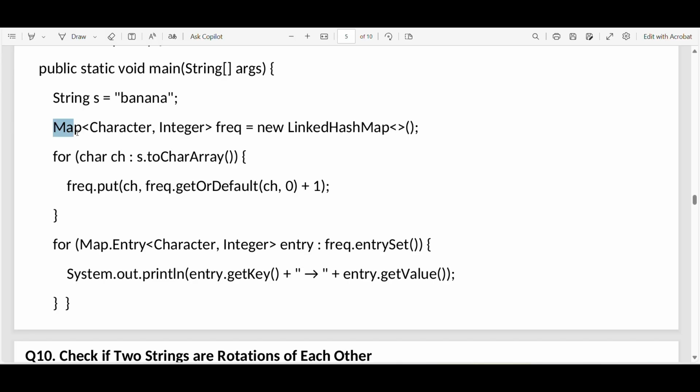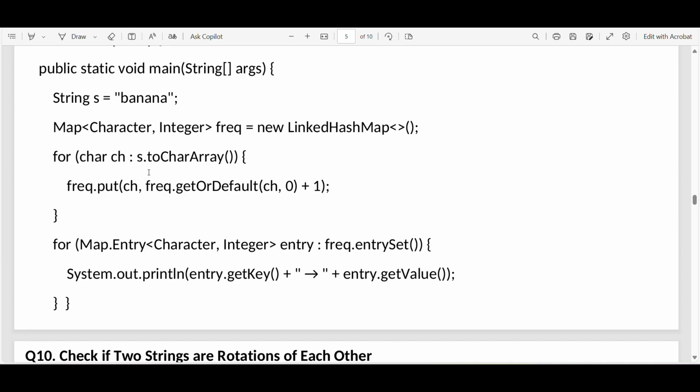And next, I have already explained this character integer mapping. This is a syntax for dictionary. The variable name of this is frequency,